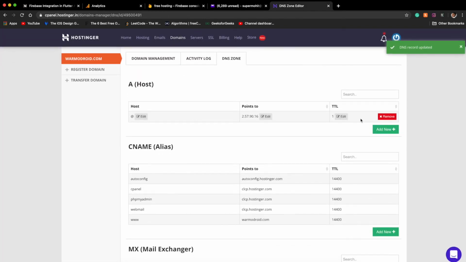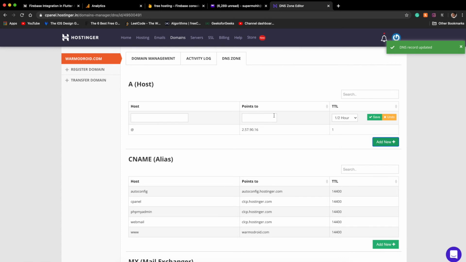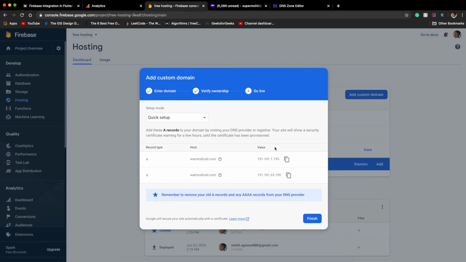So this is the A. Now click on the add new and give the IP address, and the host will be .com. Click on the save. Now do the same for the second one.